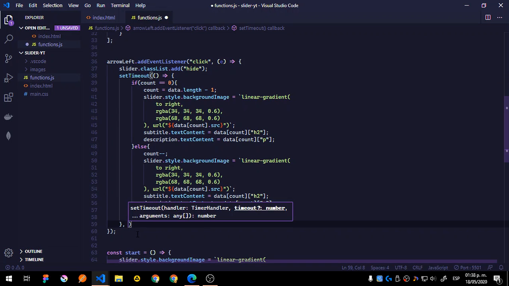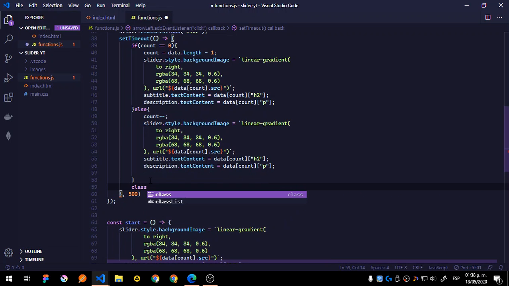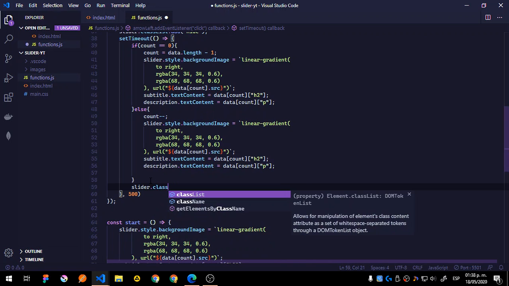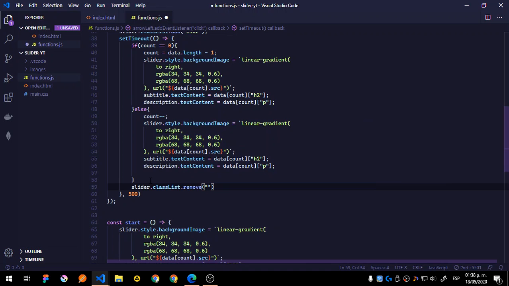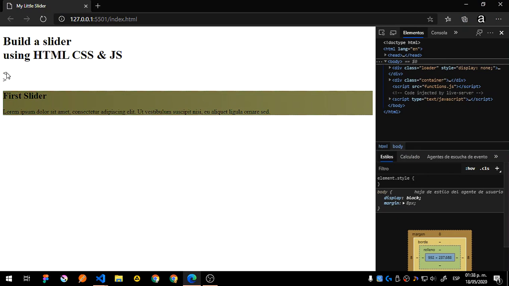We define the time here, 500 milliseconds, and here the class, sorry, a slider dot classList dot remove height. Okay, so